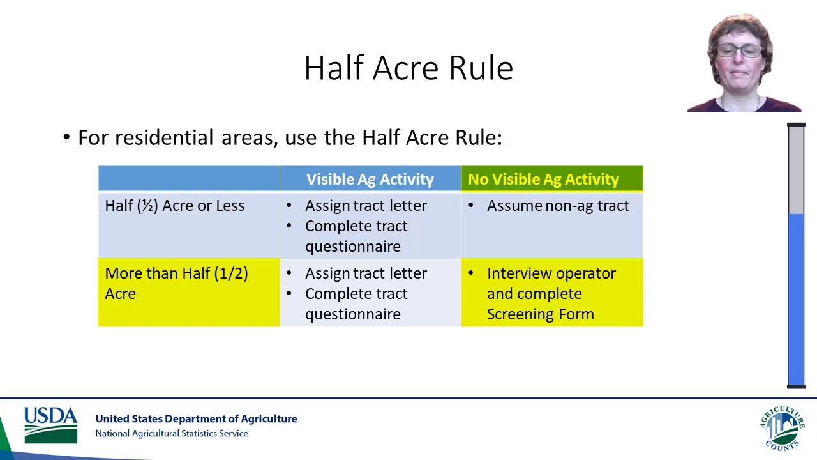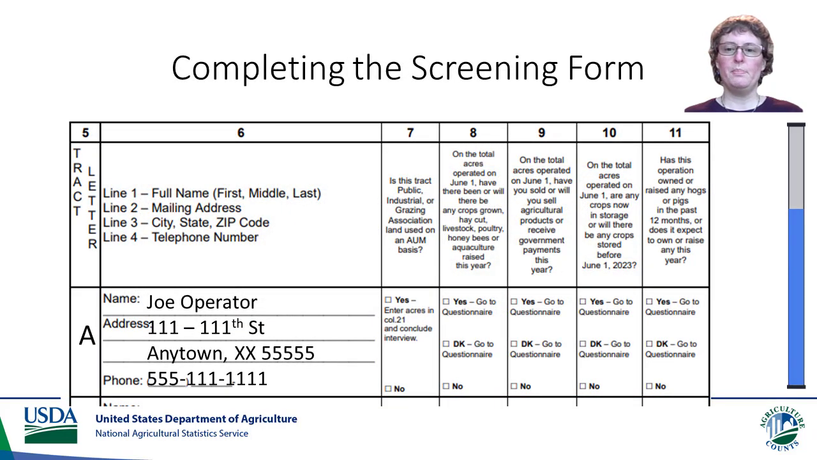screening form. Now you may have a segment with a residential neighborhood with parcels that are less than 1/10 of an acre in size. If you run into situations like this, you can group together the non-agricultural residential homes into a single tract. We will then complete the screening form by asking the operator the questions at the top of